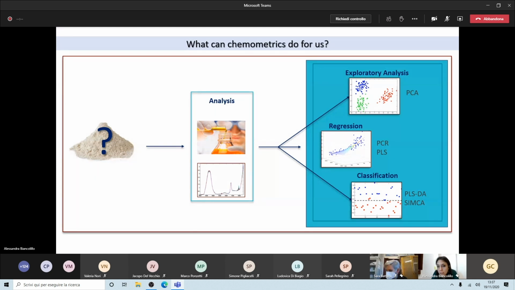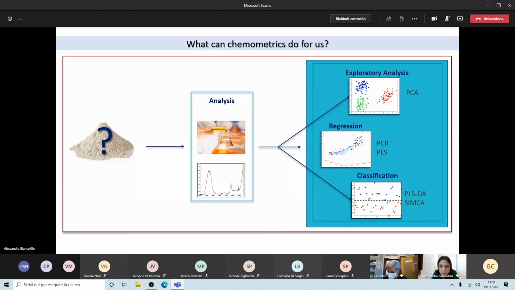We apply exploratory analysis when we want to investigate our data without any a priori knowledge. This means that in this way we can see whether our data has special or suspicious trends, if samples have the tendency of grouping, or if there are some outliers. We can see all these things by exploratory analysis.